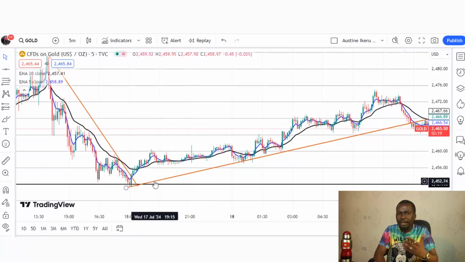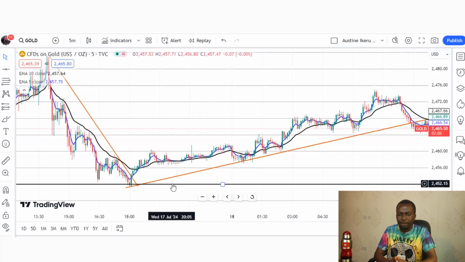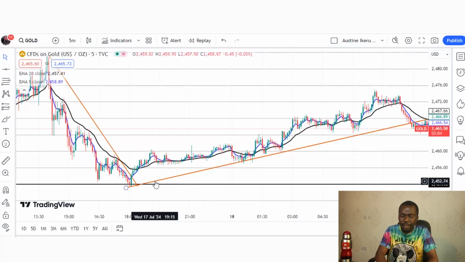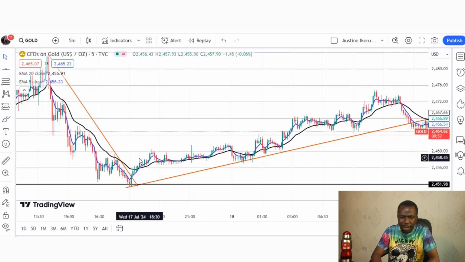For the fact that the market is clearly in an uptrend, it might take time for the price to retest this support level, but we don't have that time as scalpers. So that is why we also need to use the moving average and our trend line, right? Now that the price has broken above the 20 EMA, we are not going to rush and place a buy trade. We'll wait for the price to retest the 20 EMA for us to take our buy trade. That will confirm that the uptrend is going to be massive.